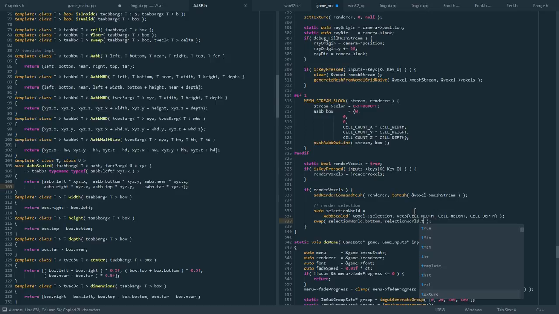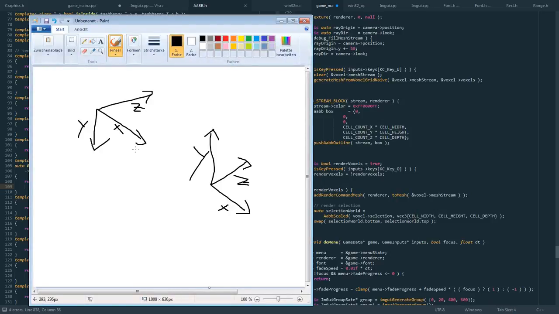First I need to swap the top and bottom values. Since let's say the cell 000 is selected, which would mean the bottom value is 0, while the top value is 1. And in this coordinate system, I need that to be the other way around, where the bottom value is 0 and the top value is